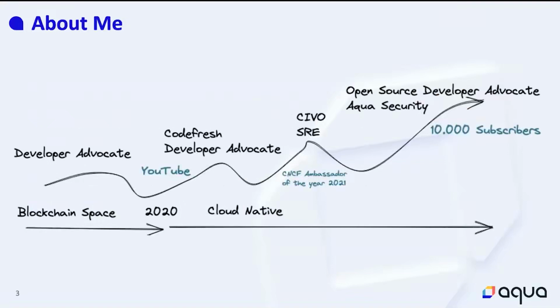Now, a bit more about myself. Who am I? Why am I giving this presentation? So my journey is not as detailed in the security space, let's say, which can have benefits. So I was working in the blockchain and the open source blockchain space for some time, ended up there in developer advocacy. And then at the end of 2020, I decided that I actually want to change industries. I want to explore something new, something more infrastructure focused as well. So I got started in the cloud native space as developer advocate. And around the same time, I started my YouTube channel where I basically share tutorials on using Kubernetes, on using containers and different tools across the cloud native ecosystem.